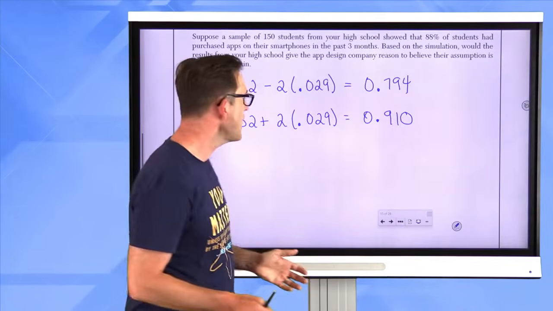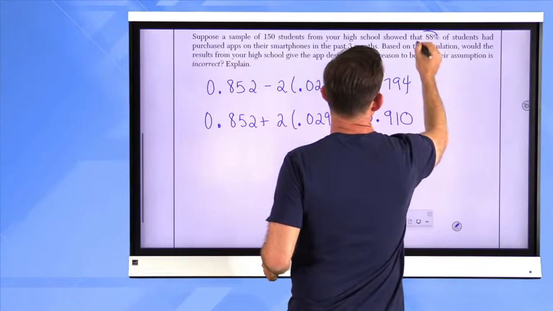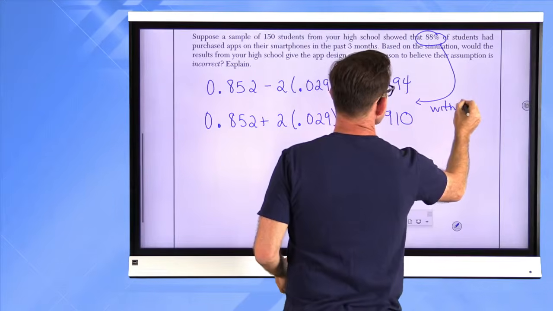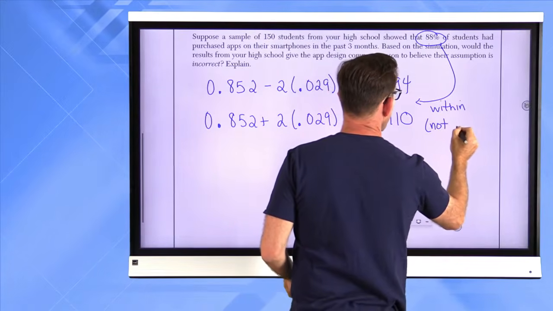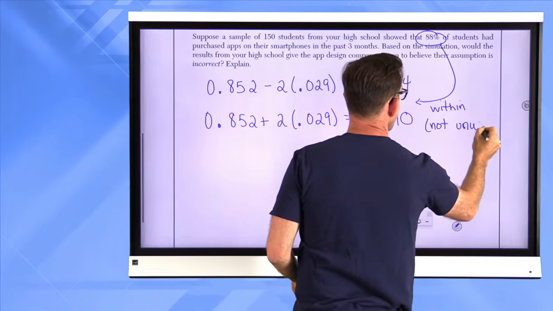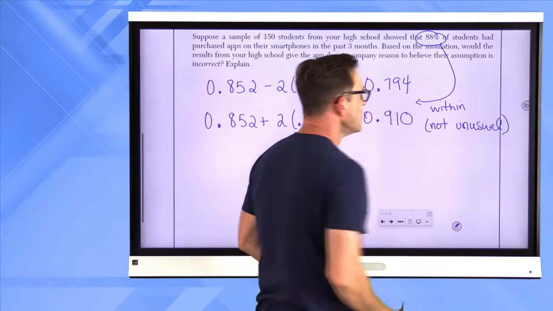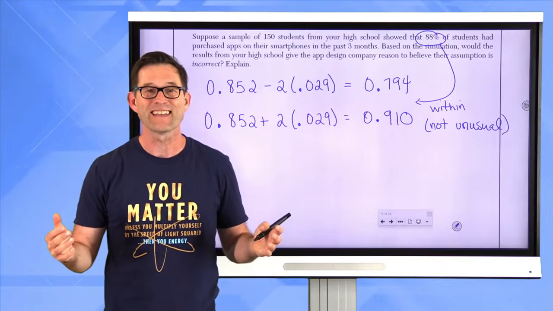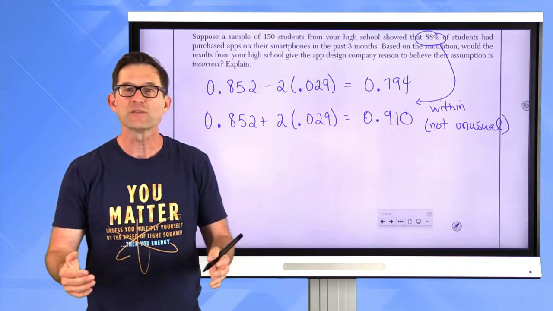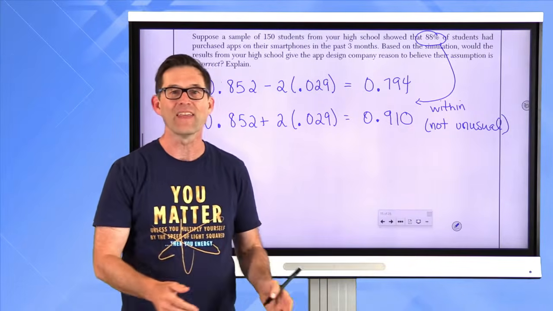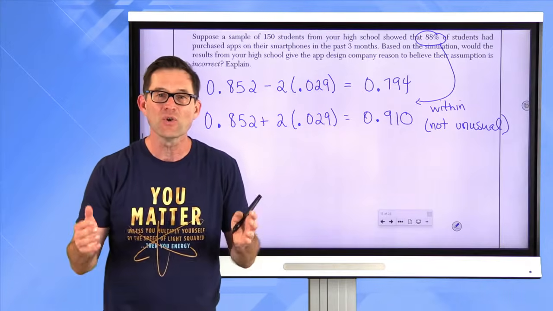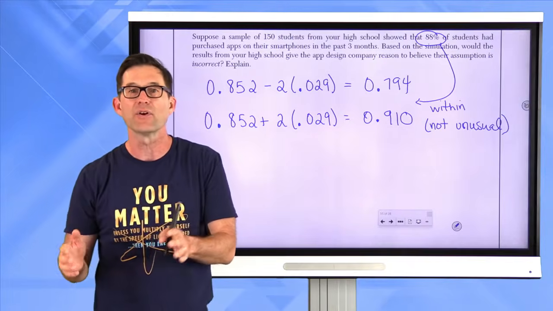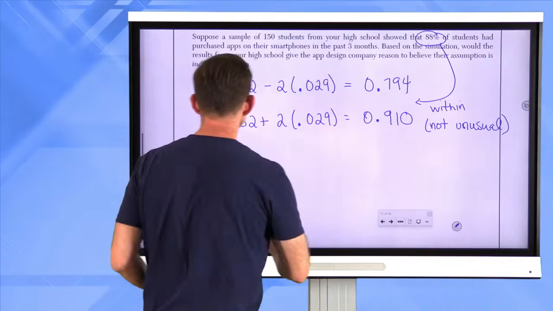So the 88% falls within this interval. So it is not unusual, right? Statisticians would say it is not statistically significant. The difference between the 88% and the 85% isn't big enough to make the app developers believe their assumption is incorrect. So the answer is no,